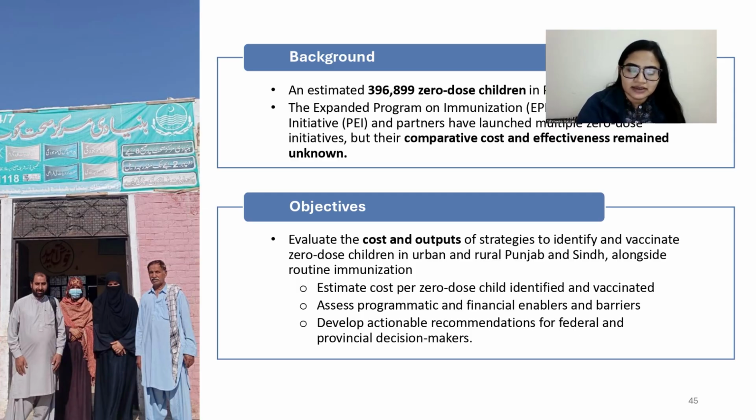Okay, thank you. A bit of background on Pakistan's immunization program. Currently, the expanded program on immunization provides all essential vaccines to the children in routine, and it works at the primary healthcare level across the country. Along with that, the polio eradication program, which is a parallel program specifically focused on polio vaccines, works through planned door-to-door vaccination campaigns implemented at national and subnational level. The country is also facing zero-dose challenges, as in 2024, it was estimated that around 396,000 zero-dose children were recorded.